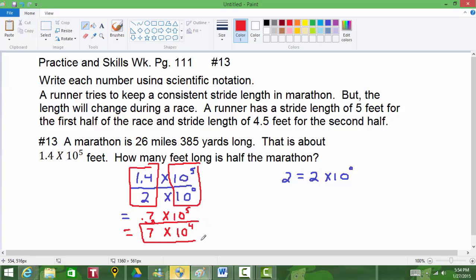And because we are involved with the word problem, we should also take a look at what our units are. We are in feet, so we should get 7 times 10 to the 4th feet for this particular problem, and that should be the equivalent to a half